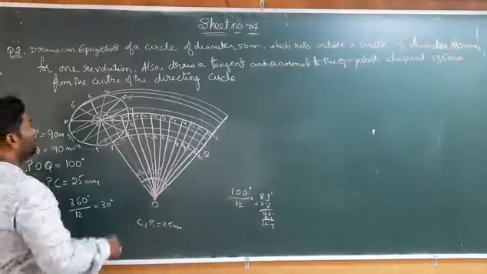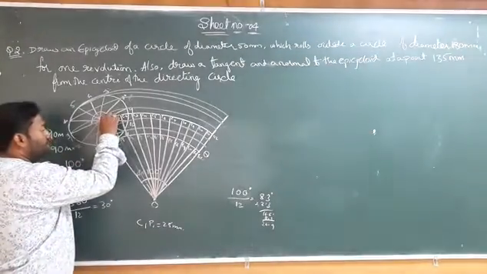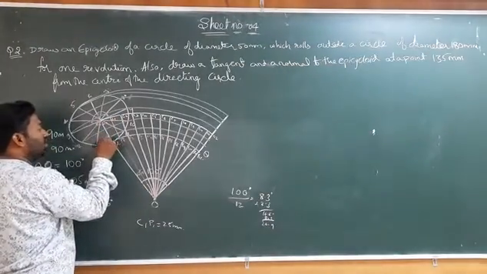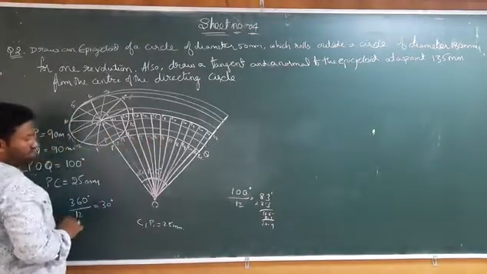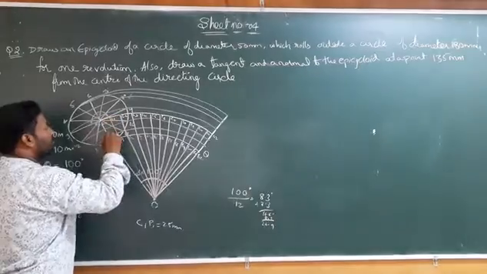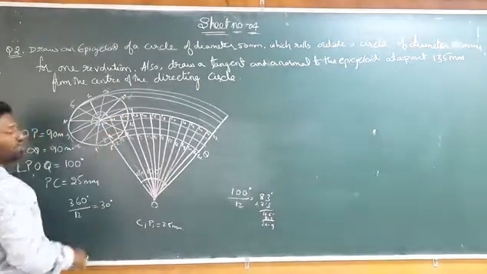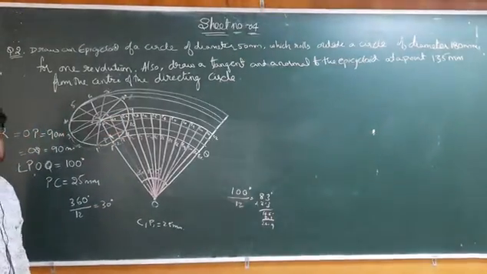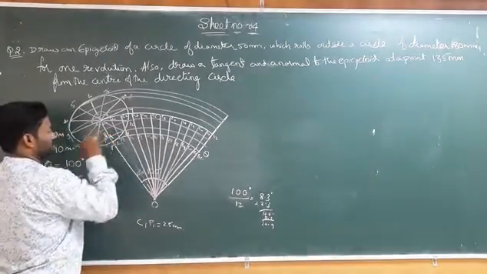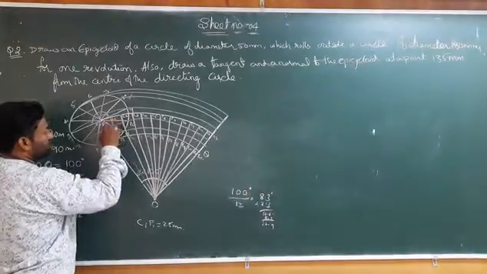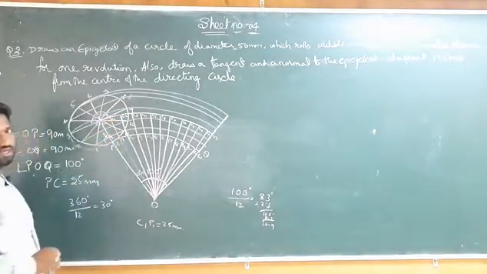So we will take the center as C1. We will cut the arc on the arc 1. So when I am taking the center, it will cut the arc on the 1 only, which is passing from the point 11. So this is my point P1 from the center C1 with the radius of 25 mm. I am cutting the arc there.